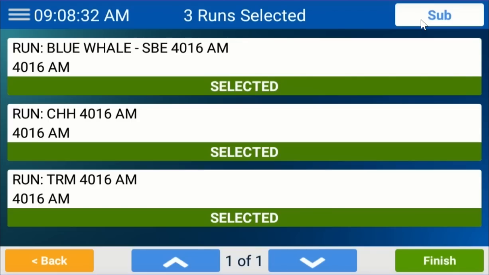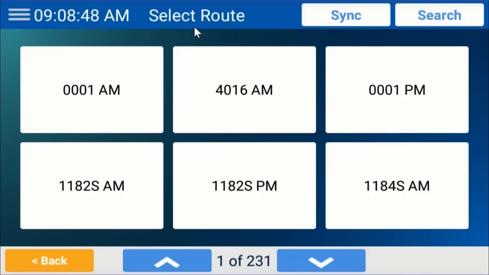So if your administration says to you today, I would like you to drive your normal route consisting of 3 runs, but I also want you to pick up a run or 2 from someone else's route, you can click the sub button. The sub button will take you back to the select route screen, and once again you can either select the run or the route if it's on this page, you can navigate forward, or you can search for another one. So most likely you'll click search,